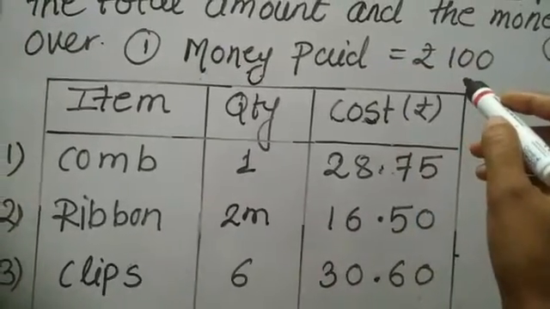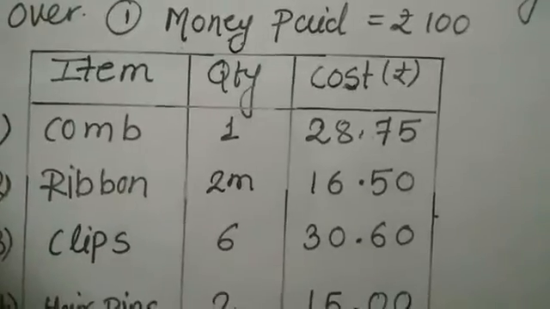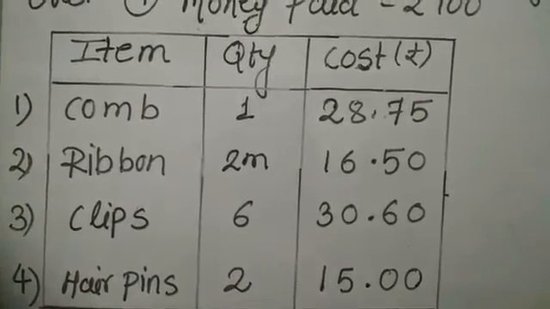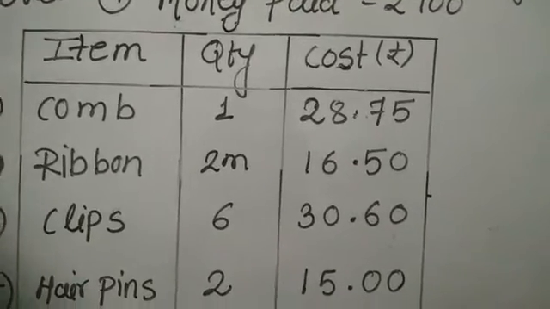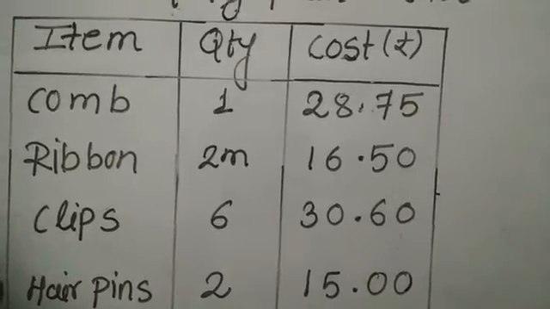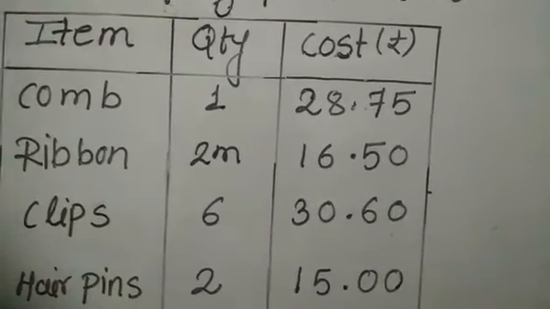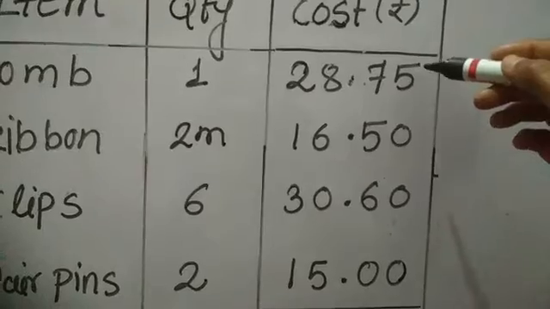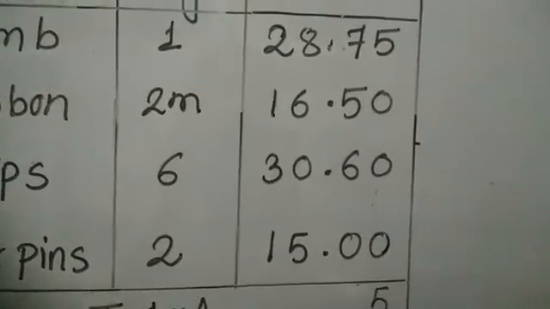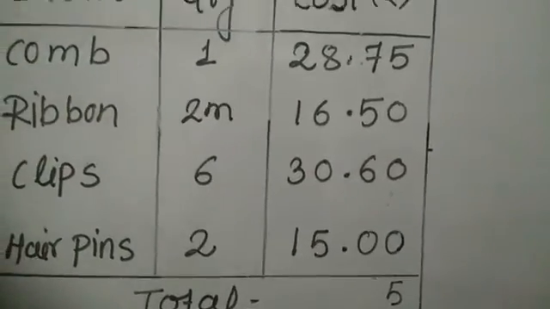Amount paid 100 rupees. And here we are asked to make the total of this bill and money left over. So let us make the total. First we start adding from right to left. Means first we have to add paise and then we add rupees. See here, 5 plus 0, 5 plus 0 plus 0, it will be 5 only. So here I am writing 5 in the answer at the ones place.